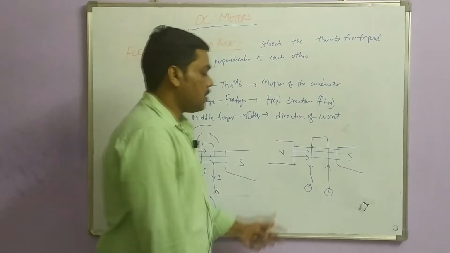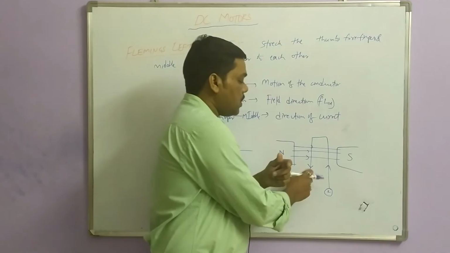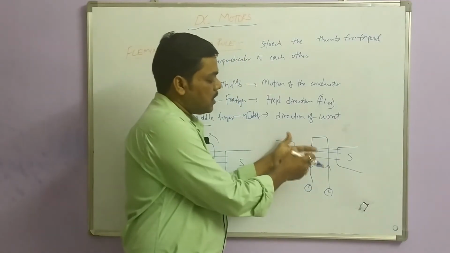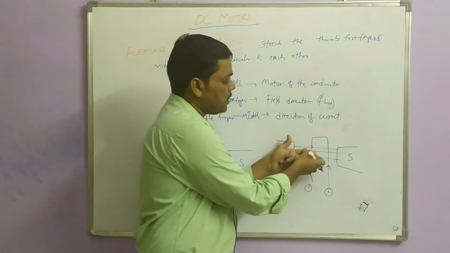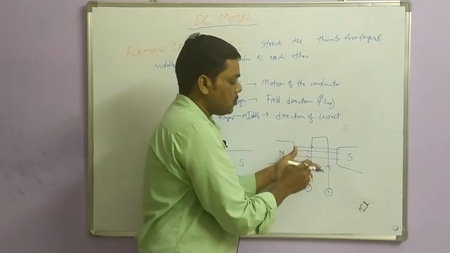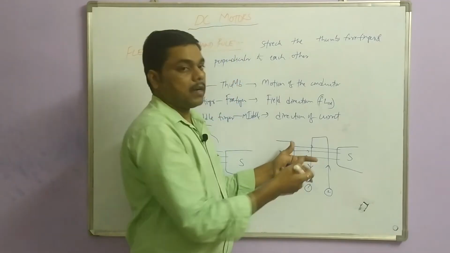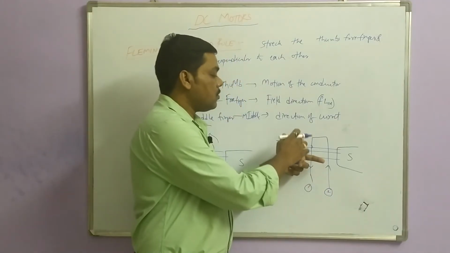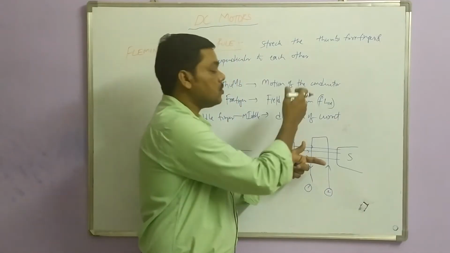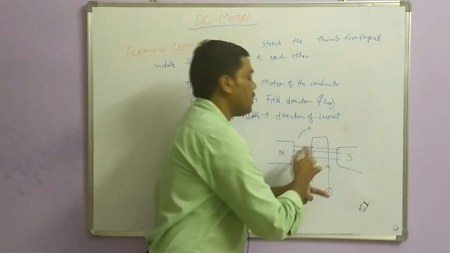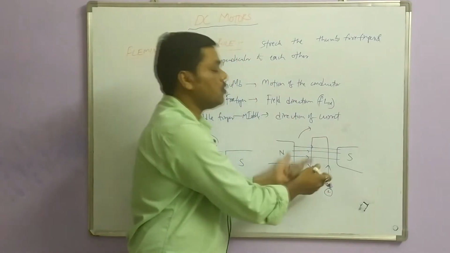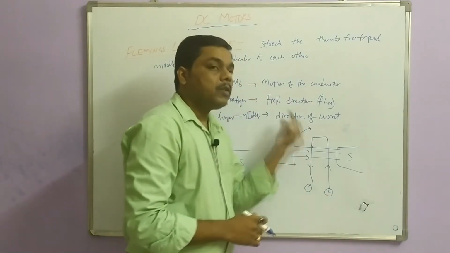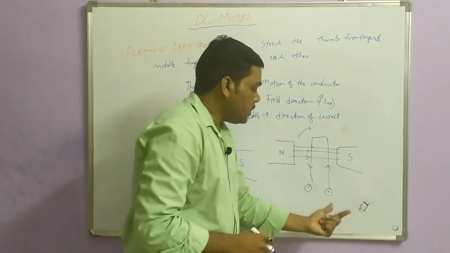You can see here that in conductor 1 the current is outwards and the flux direction is the same, parallel from north pole to south pole, and the middle finger indicates the current is outwards. Now what is the force acting on the first conductor? It is moving in the upward direction. So conductor 1 is moving from down to upward. Now see conductor 2, where, unlike conductor 1, the current is entering.